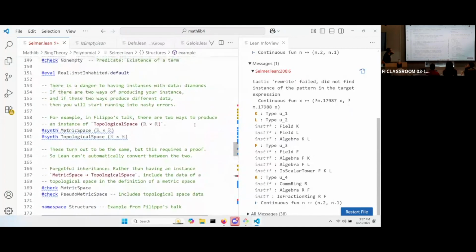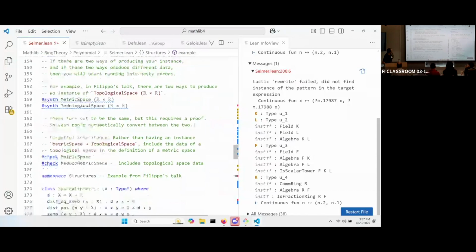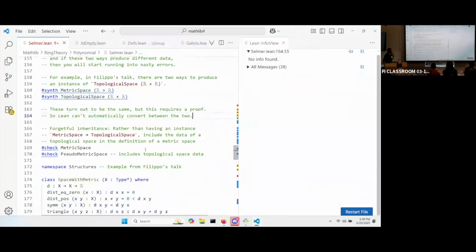So in Mathlib, we try to be very, very careful with instances that handle data. We try to do it in such a way that we never end up with diamonds. And for the most part, we're successful. So the way we solve this problem is by really enforcing that everything carries around the exact same data. So the definition of metric space in Lean,